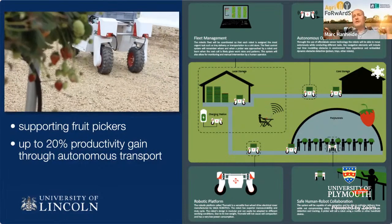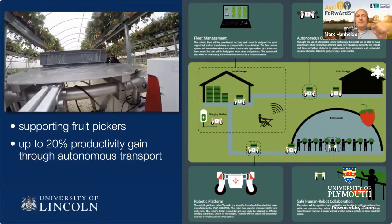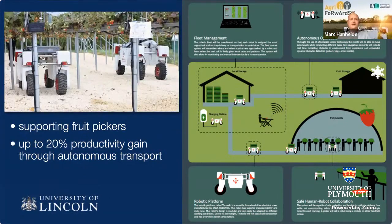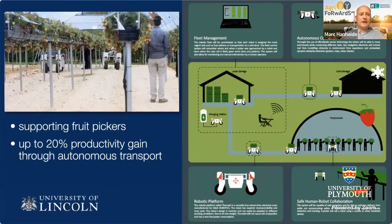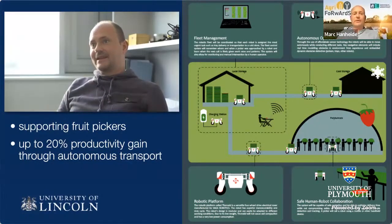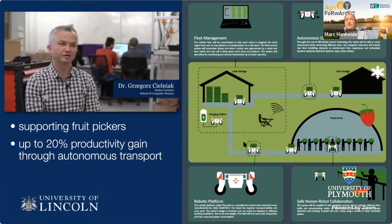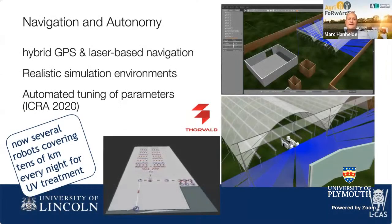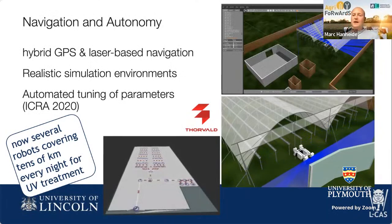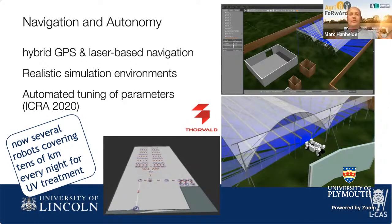We've got mobile robots and they can do logistics. Indeed, about 20% of the time, people that are picking in these fields are spending on transporting. They're picking and then they're moving stuff somewhere else. So we were looking at, can we increase the productivity by just automating the transportation of that as the first easy thing? And again, lots of underlying work on making navigation reliable and work properly, because indeed, while in